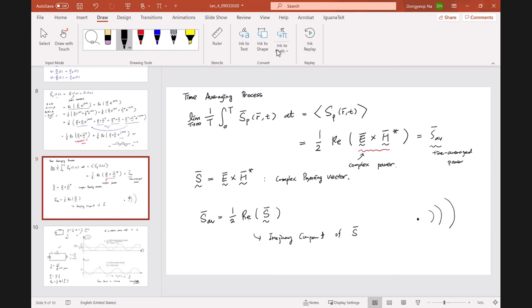This point source can be the antenna in your cell phone, any kind of source can be modeled. It is oversimplified, but we can use the point source. But if this point source has very poor radiation efficiency,